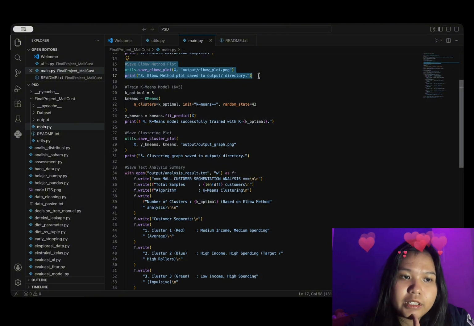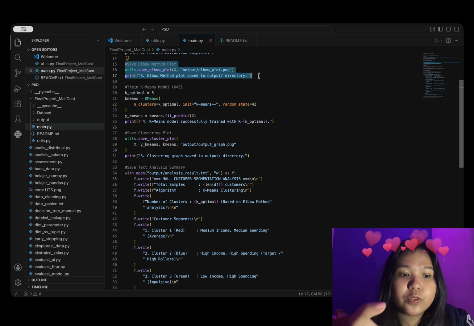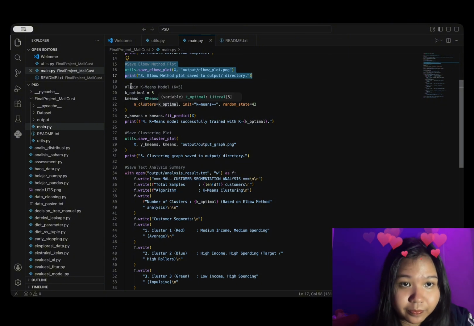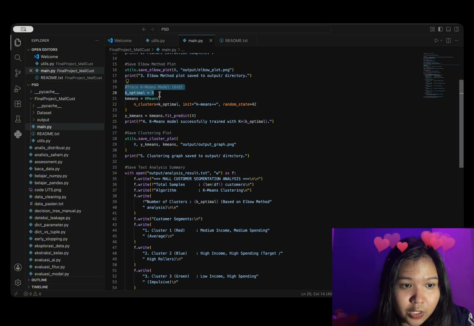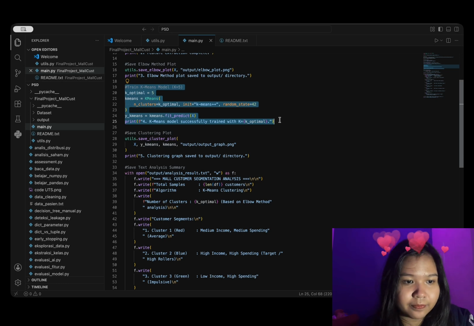Then save elbow method plot. This step calls utils.save_elbow_plot to calculate and generate the elbow method graph. The next step is we train the K-means model.